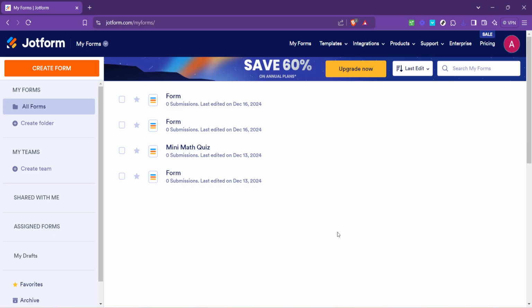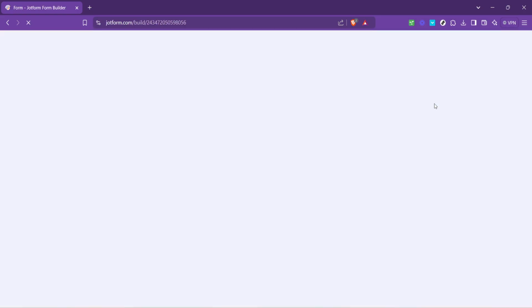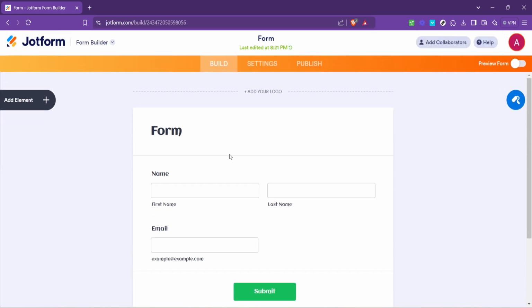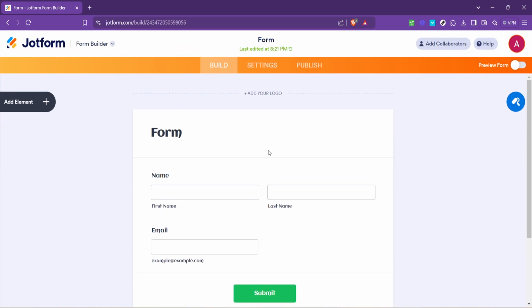This is where all your creative work resides. You'll see a list, or perhaps just a few depending on your usage, of all the forms you've crafted. Take a moment here to browse through your collection, or reminisce about all the forms you've created. Now for the task at hand, select any form you wish to test by clicking on it and then select Edit Form. This action will take you into the Form Builder interface, where you created your form. It's a good time to make any last-minute changes or adjustments if you see the need. The Form Builder is a powerful tool, allowing you to tailor your form precisely to your requirements.